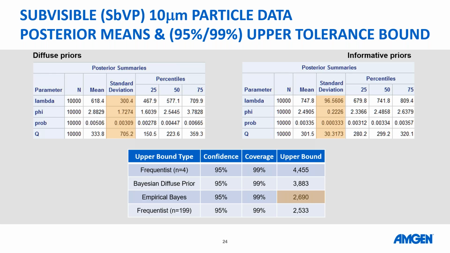Right, and if you think that the range of the Bayesian diffuse prior is 3,800, and then using 199 observations on top of the 4 observations, you get a much smaller range of 26,700, then you know that by borrowing partial information, if you were to use a diffuse prior, for example, then you would get an estimate somewhere between the 2 ranges. And it's the effect of smoothing the information, where you control how much you want to use in the analysis.